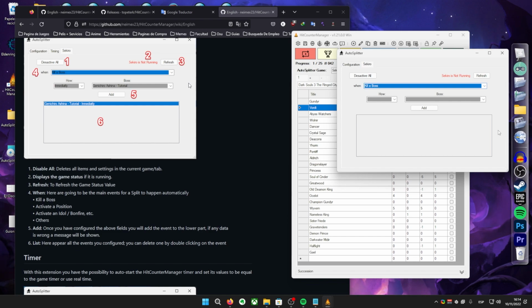This shows an option that is the same for all Souls games. The whole immediately and boss. The whole immediately for Souls games is instantly. This is the moment when the event happens and the split, and if it chooses the game after this happens after writing,